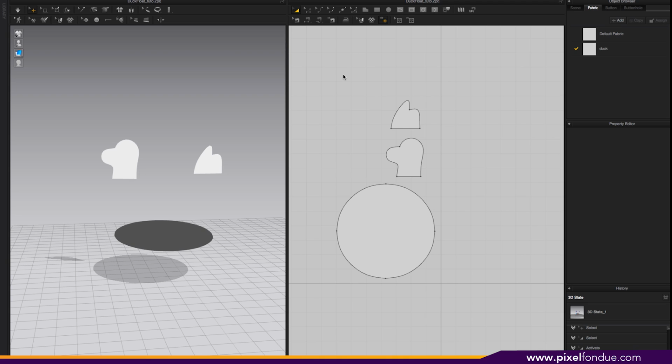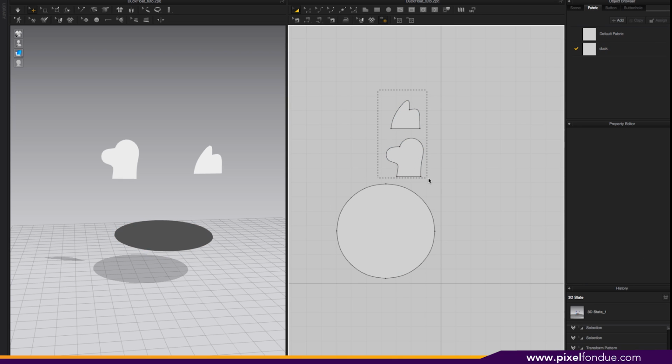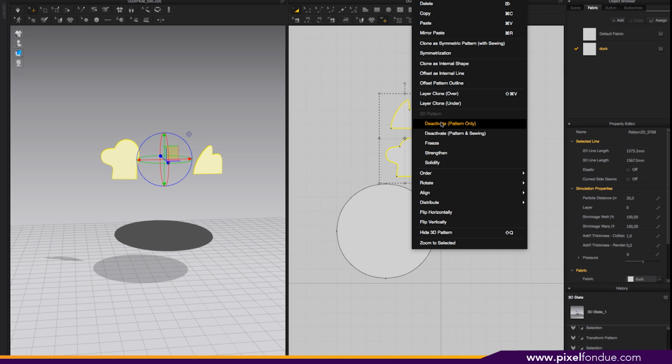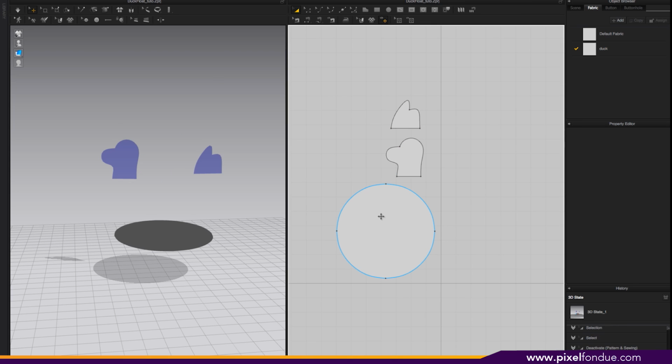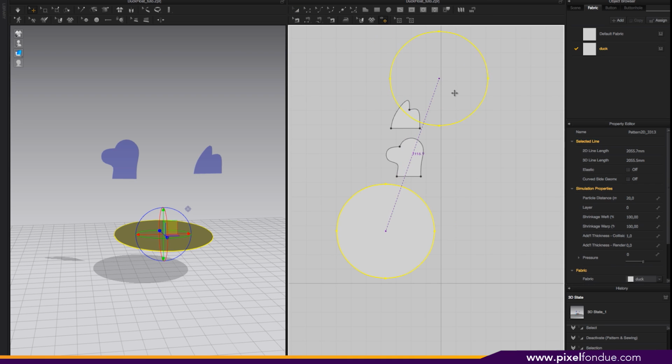So I've prepared the three shapes we're gonna need to start the project. So the base for the float, the head, and the tail. And we're gonna start with the float, so I'll deactivate these two. First thing we're going to do is clone the circle, this,